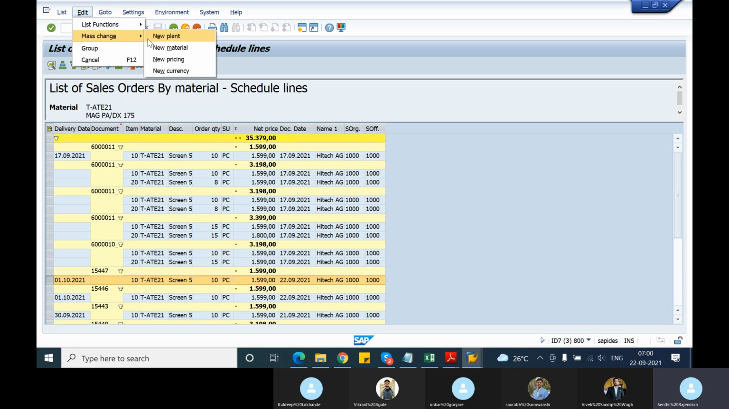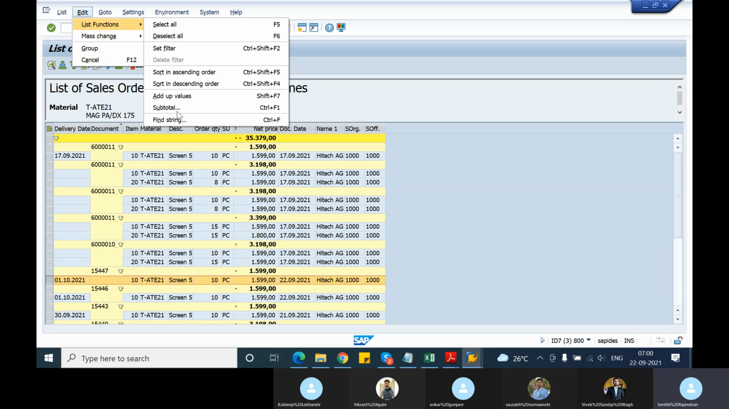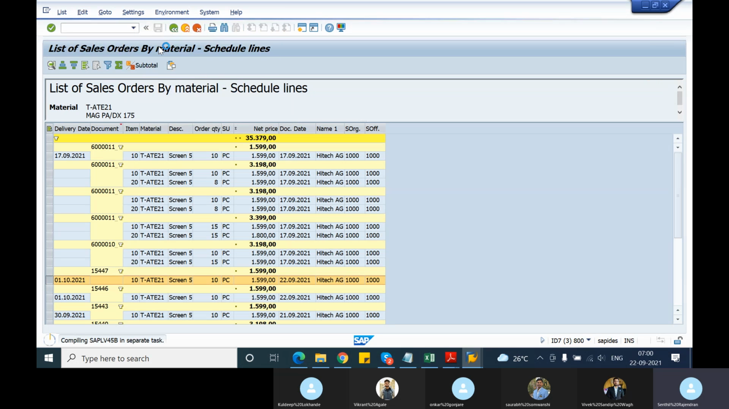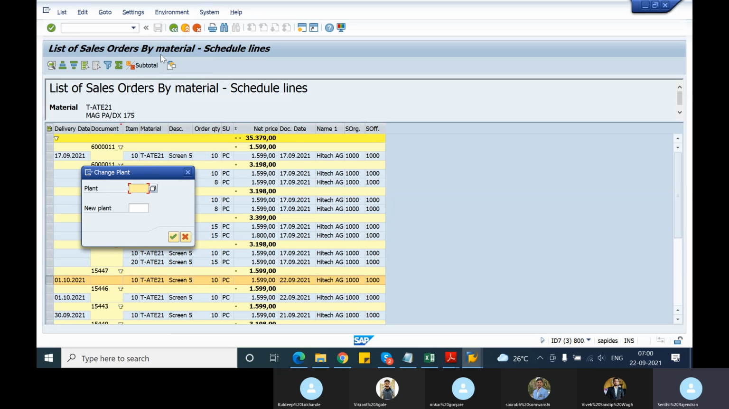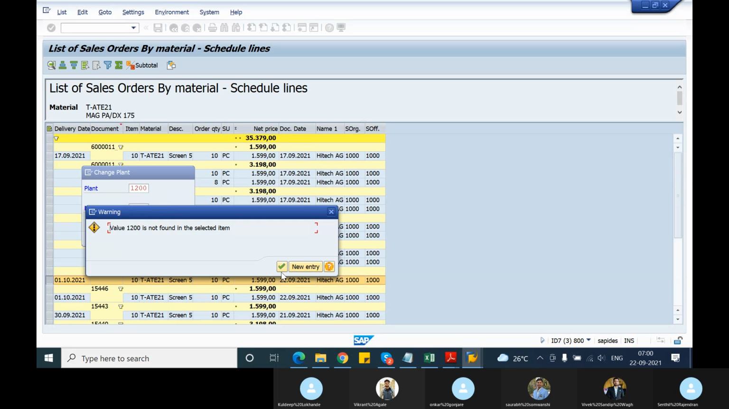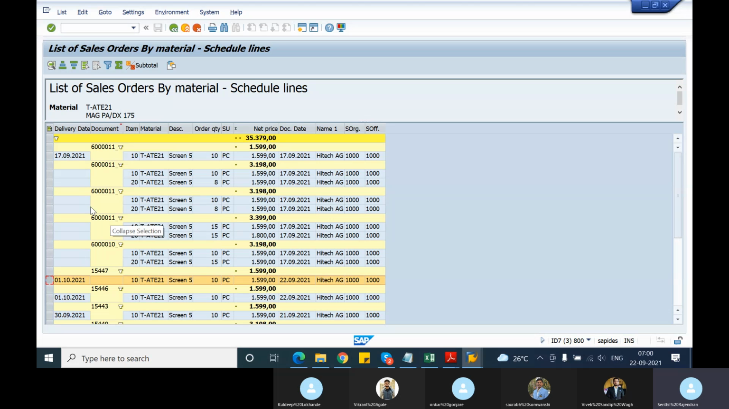So mass change, you can go. Yesterday we were discussing how to change in mass, right? So you can display all the orders, and you can go in mass. You can change the plants in all these orders. For example, earlier it was 1200, sorry, and now you want to change it to 1000, then you can go and select. So there is no plant 1200 that is found in these orders. So this is one way of changing the